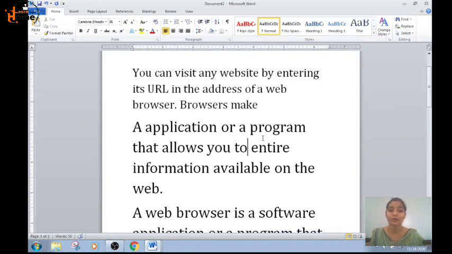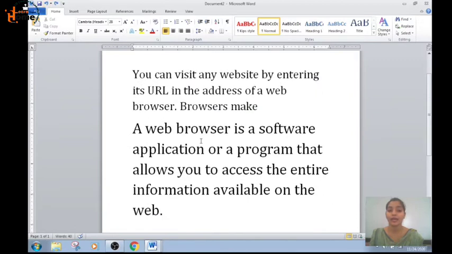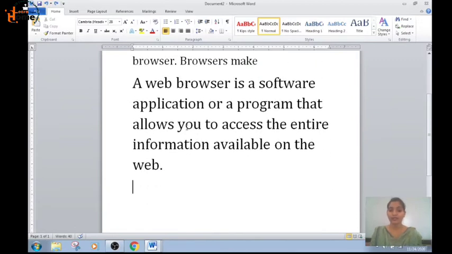Okay, let's move to undoing and redoing. Now I want to undo whatever I have deleted. I want to write 'access' again. Instead of writing it again, I will simply press the undo button. Where is the undo button? It is in the quick access toolbar. See, whatever I have deleted is coming back. Everything is back. I have deleted this web browser now. Web browser is a software, so it is back. I have pressed the undo button.